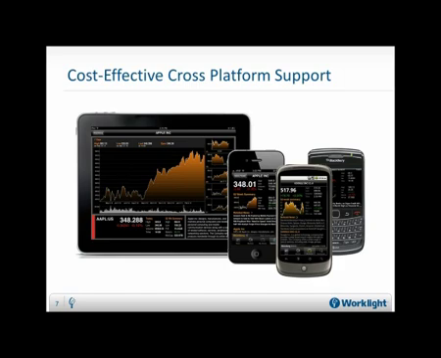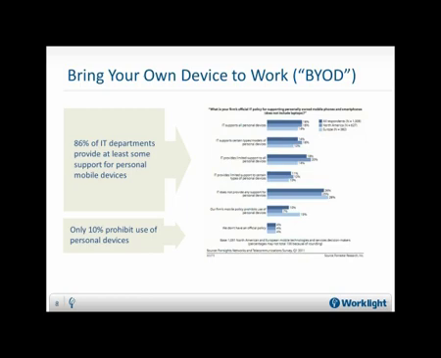So obviously, you'll want your app to work on all the devices that are popular within your customer base. The same is true for partner-facing apps. You have no control over the devices that your partners use. What may be a bit surprising to some is that cross-platform support is also becoming more and more relevant in